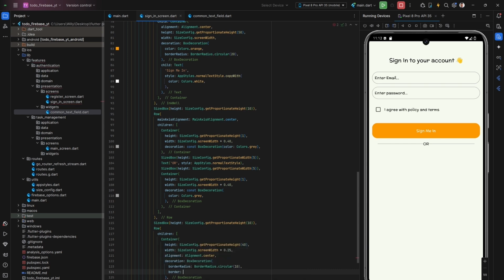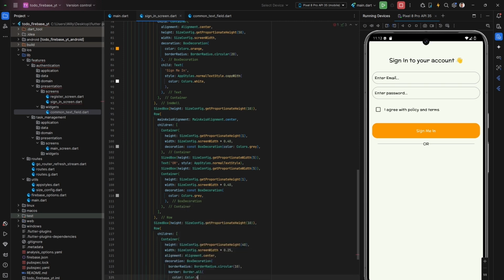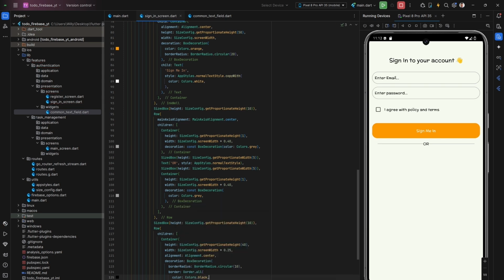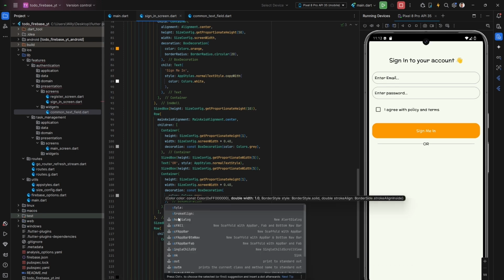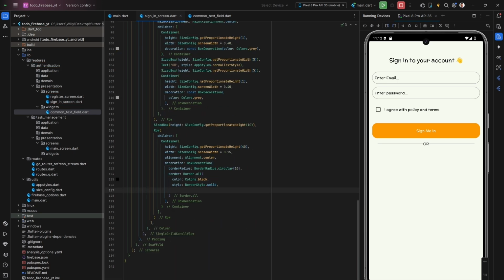I'm going to add a border of Border.all, color Colors.black, style BorderStyle.solid, and I'm going to give it a width of 2. So for the child